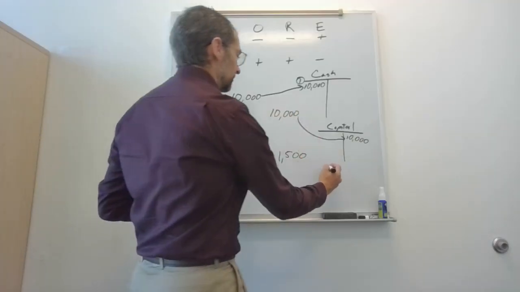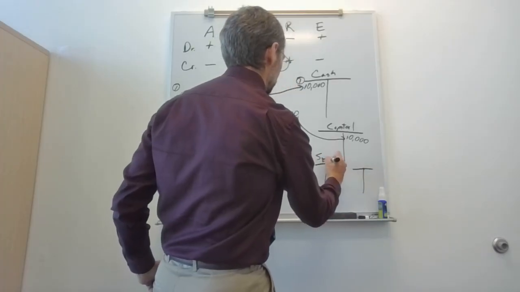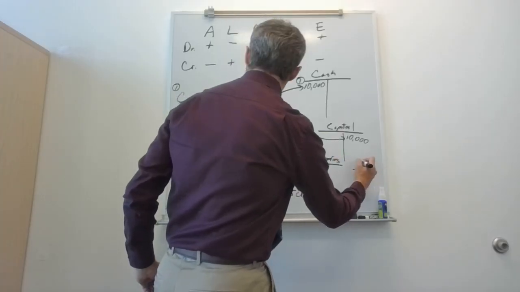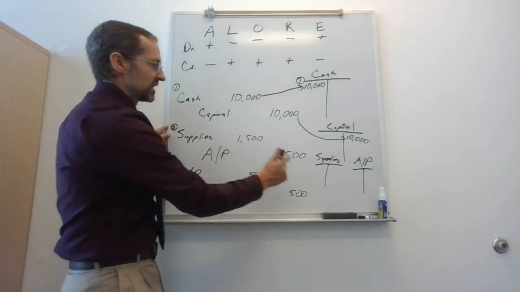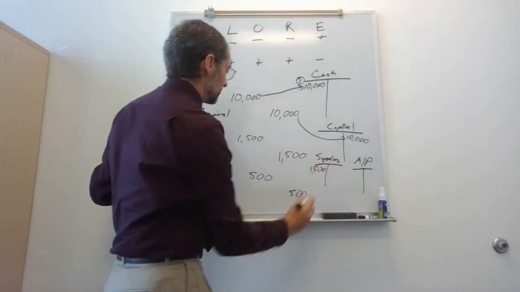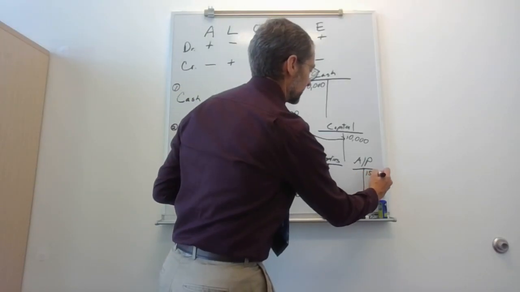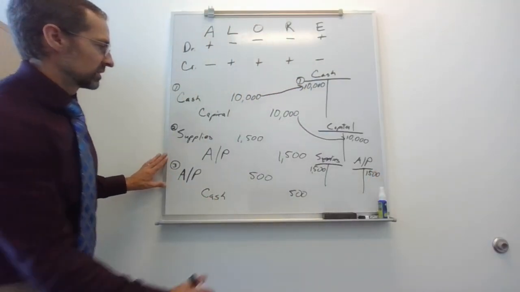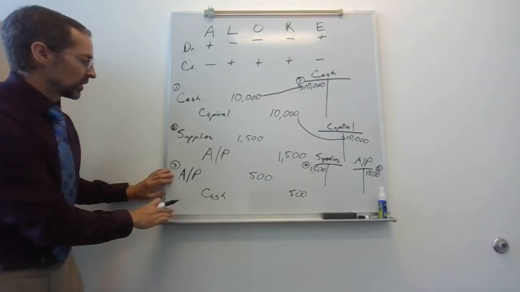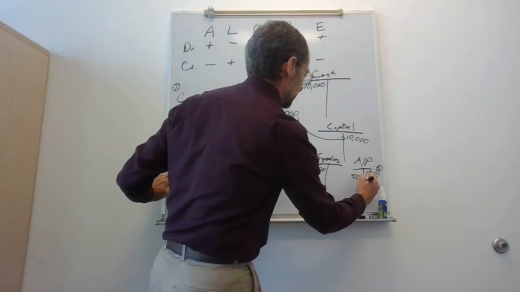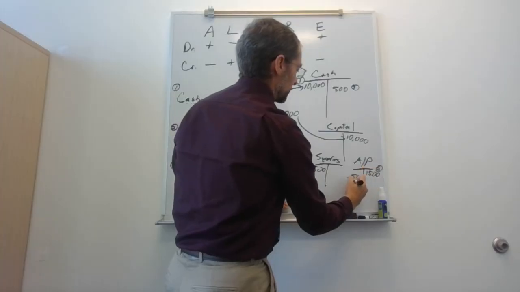All right, so I have to add 2 more here just to finish things up. My supplies and my accounts payable. So my second journal entry, I said supplies, debit $1,500. So I have to write it in not only in the journal entry, but also in the ledger. Accounts payable, I credited $1,500. And then those are journal entry number 2. And then my third one, I said accounts payable is being debited $500 and cash is being credited $500. And that was journal entry number 3.